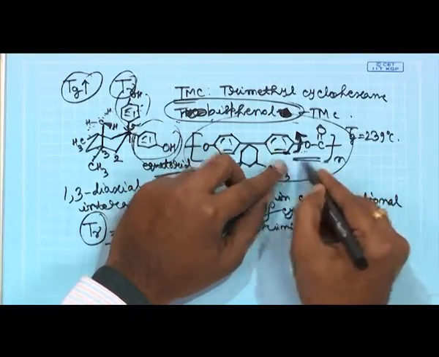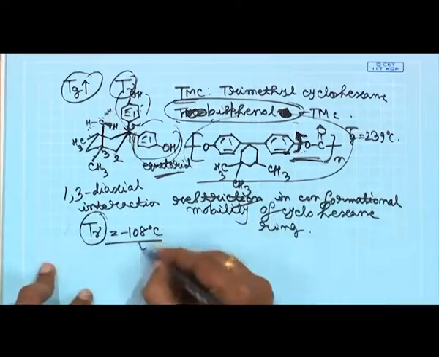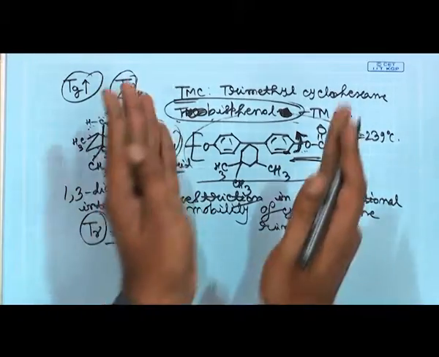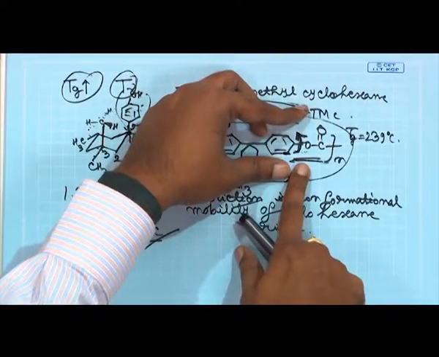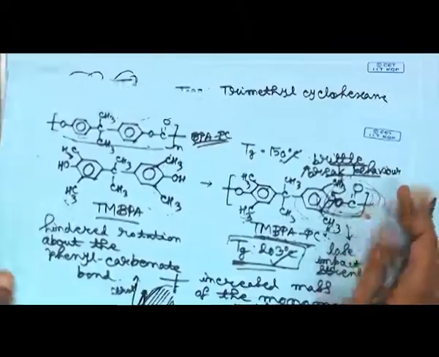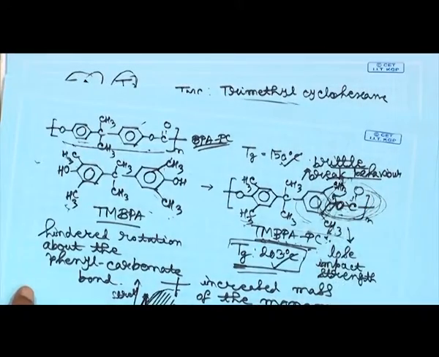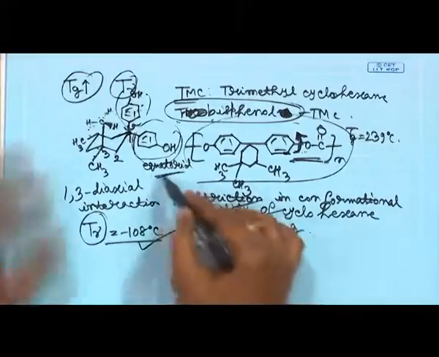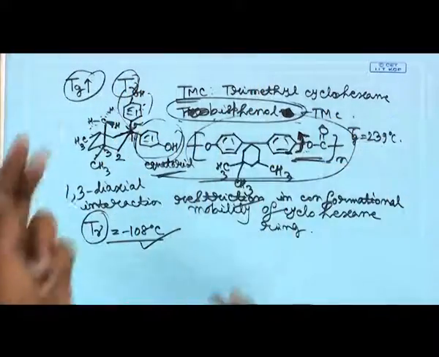Since the mobility is not affected, and since this mobility is directly related to T gamma, your T gamma does not change. So, then the design principle is that make the molecule rigid, but do not hinder the rotation around the phenyl oxygen bond, which you did by way of putting methyl groups here, and that is why the T gamma increased tremendously to plus 45 degrees Celsius, decreasing the impact strength. So, now you have a material which has a high impact strength as well as high thermal stability.